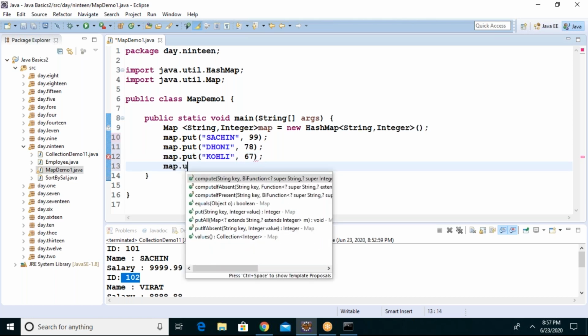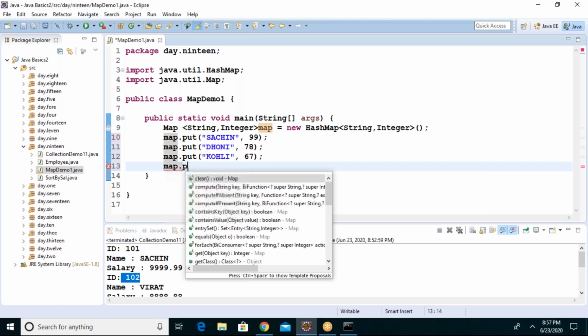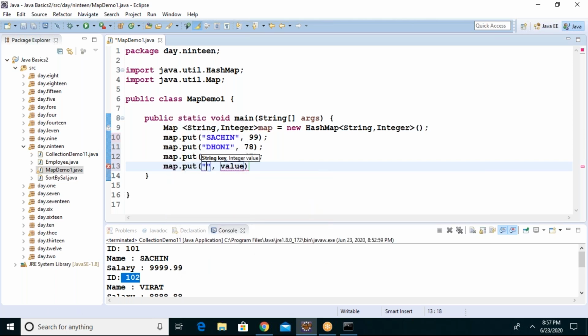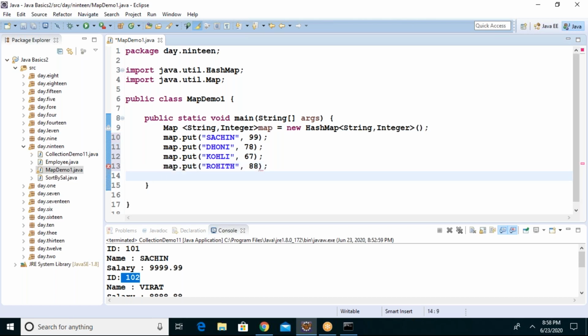Map dot put Rohit, 88. So you people understand what I am trying to do. I am trying to store the cricketer name and his score at a time, like a dictionary, guys.